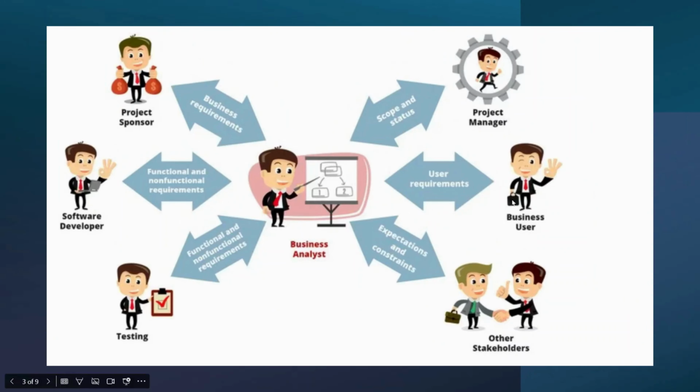In this slide, you can see how a business analyst collaborates with all the members involved in the project. The project sponsor is the person who provides the initial funding and a business requirement for the project to get initiated. Business analysts ensure that the requirements are captured accurately. Then, the business analyst collaborates with the project manager to decide the scope and the status of the project. After that, the PM aligns the tasks accordingly within the sprints. I will cover the sprint topic in my upcoming videos.